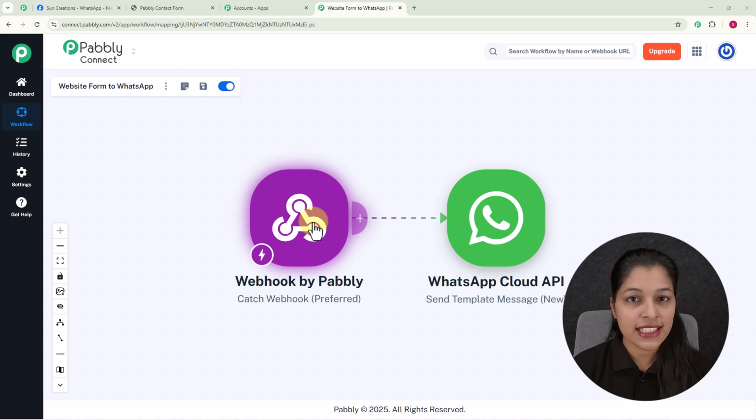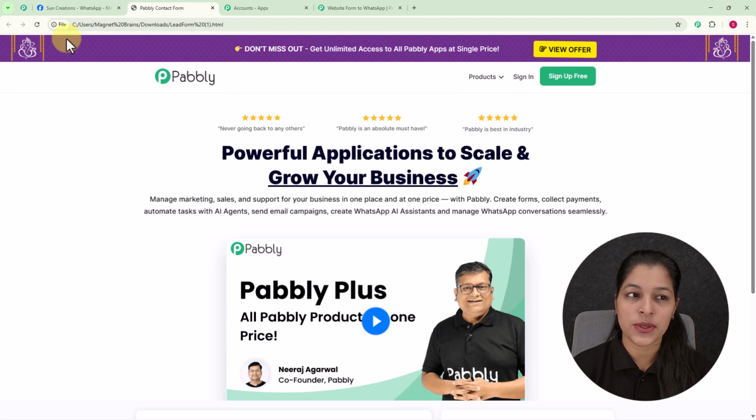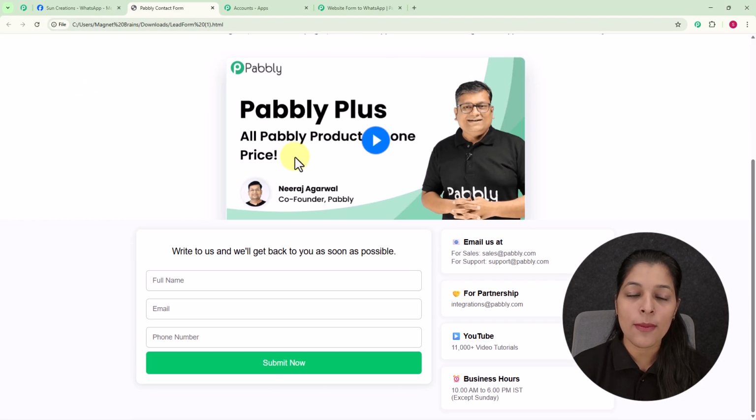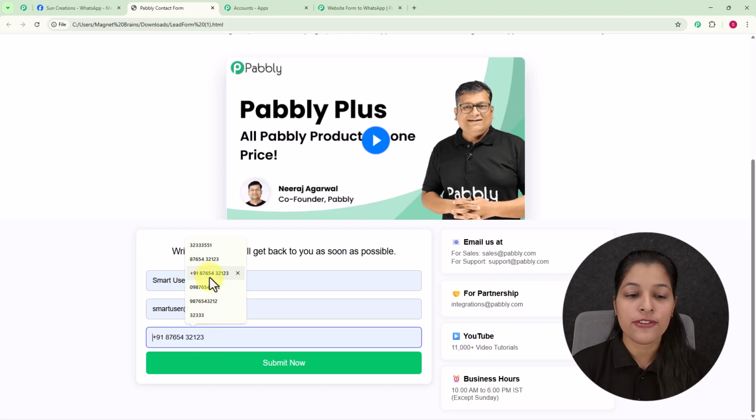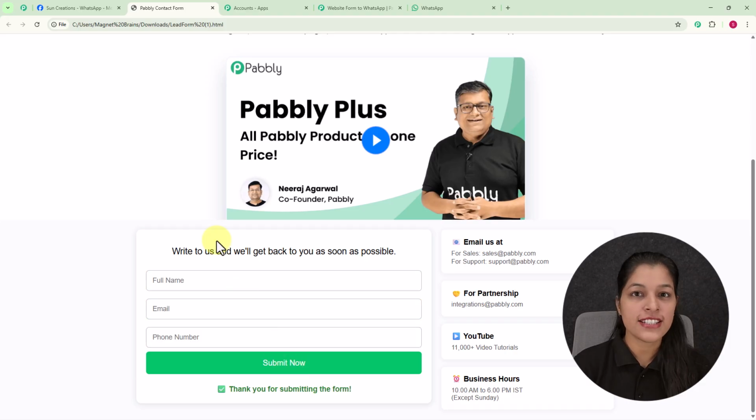For testing this automation, let's move on to my website form which I have created. Here you can see this is my website form, and now I am going to fill this form providing my full name as smart user, email smartuser@pabblytunes.com, and my phone number as well. Now let's click over this submit button for submitting our form,